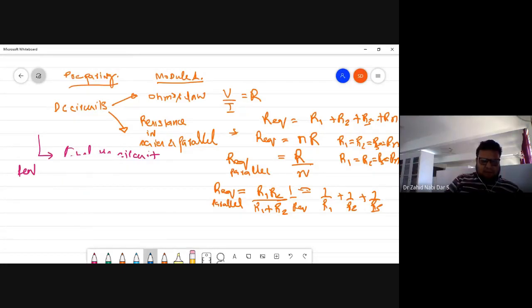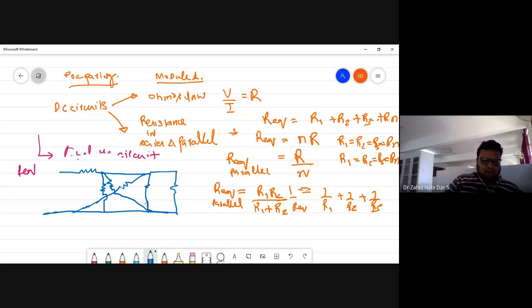Let me draw a little more complex circuit so that you will understand. This is my resistance. I draw like this, and I take this above this. I'm connecting this here and to this point, and here I'm drawing like this, and similarly like this. Now suppose all of them are 1 ohm. Now, how to solve R equivalent between points A and B, or X or Y, whatever is given?